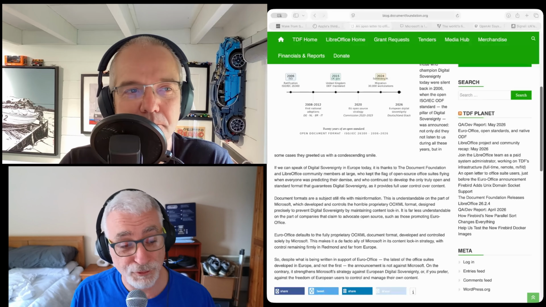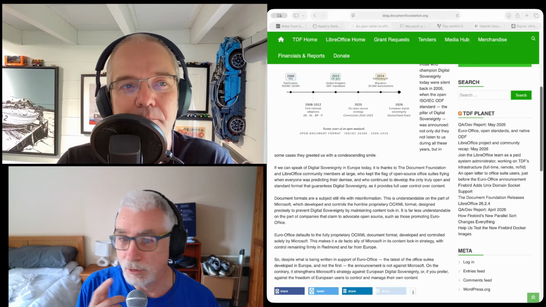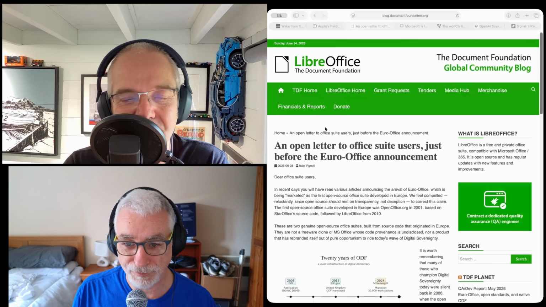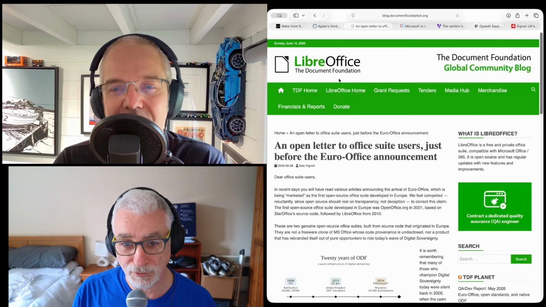But LibreOffice copes, it really does. In the same way that Apple Pages copes when you send docx files off, you know? Yeah, it's generally okay. But this is right. I think LibreOffice have got a definite leg to stand on here, that the European Union should be defaulting to